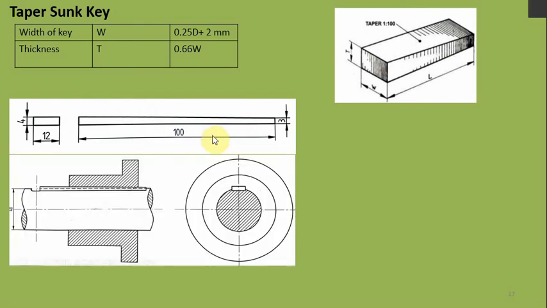this is the required figure. Here it is not 4 mm, it should be 8 mm, because this is a relation. So if it is 8 mm, the required taper is 1:100. So we are drawing a 100 mm long key. That means if the thickness is 8 here, at the other end it should be 7 mm, because for 100 mm the thickness is reducing by 1 mm.